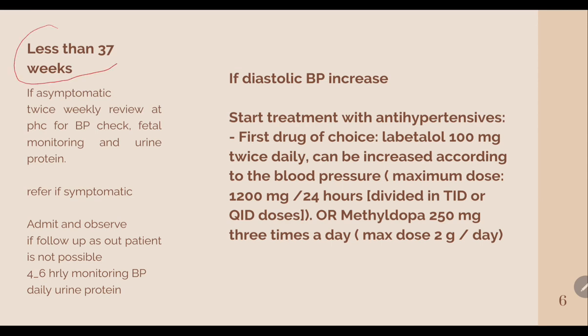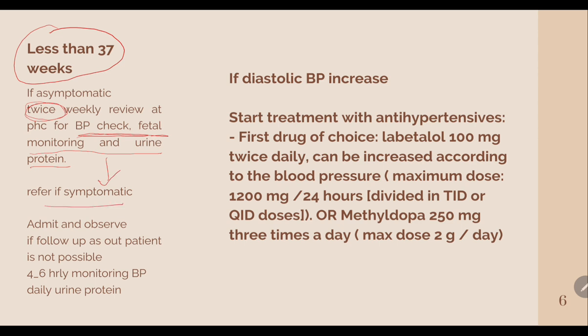Suppose the patient is less than 37 weeks of gestation. If the patient is asymptomatic, twice weekly review for BP check, fetal monitoring and urine protein. So these three things, BP, fetal monitoring and urine protein, should be done twice weekly in case of a pregnant woman who is less than 37 weeks. If any of the symptoms is present, or if BP is abnormal, fetal monitoring shows some abnormality, or urine protein shows some abnormality, then you would have to refer the patient